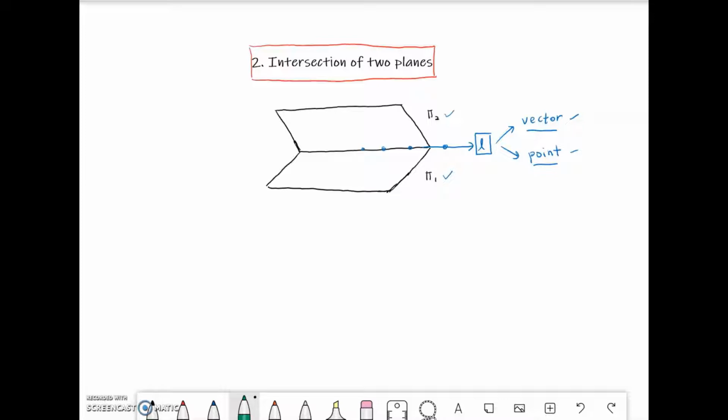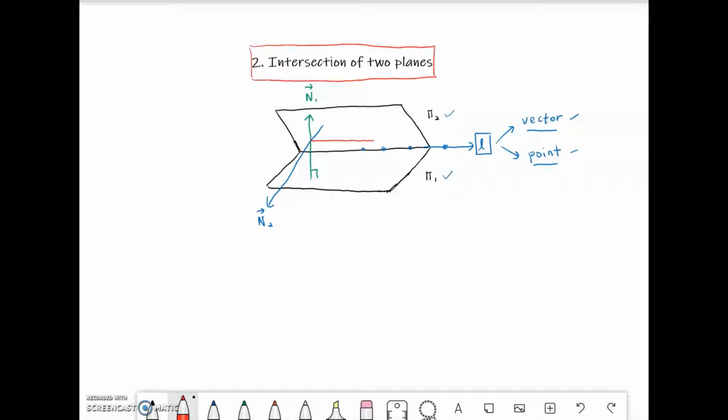that is orthogonal to the plane. This is denoted as normal vector 1, where this normal vector is orthogonal to pi 1. And then we have the normal vector for plane 2, something like this. So we can get a new vector that is parallel to line L when we use